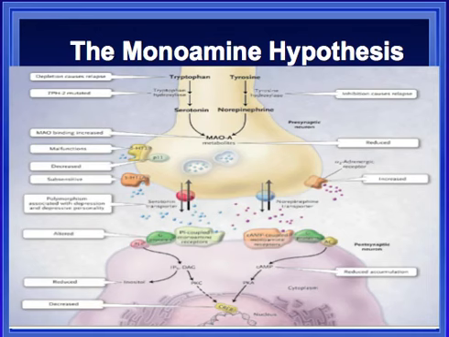So here's the whole complicated slide about the monoamine hypothesis. It starts out with tryptophan and tyrosine, and through enzymatic cleavage, they become serotonin and norepinephrine. Then you've got enzymes to degrade these neurotransmitters. You've got release of the neurotransmitters, reuptake pumps over here, and you've got receptors in the postsynaptic neuron, and they activate second messenger systems, which then go down to the DNA level.